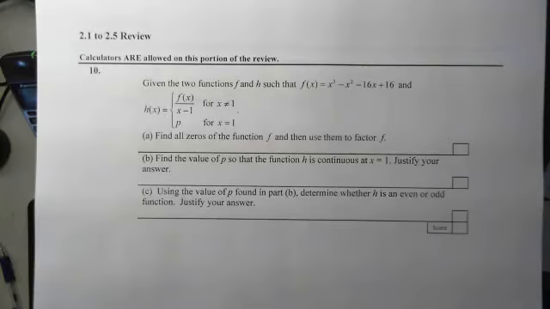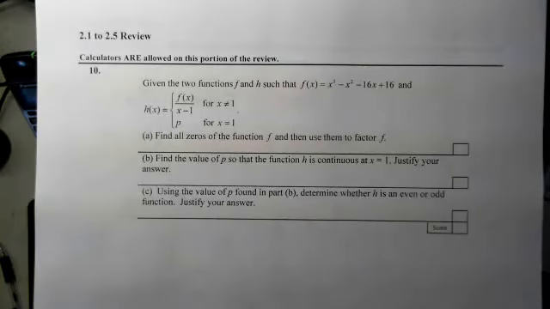Last and final problem, number 10 of the 2-1 to 2-5 review. And again, calculators are allowed for this portion of the review and for the free response question that corresponds to this on the test. So if we read the problem, it says we're given two functions f and h such